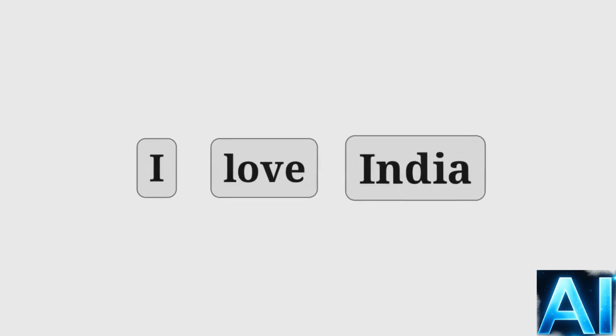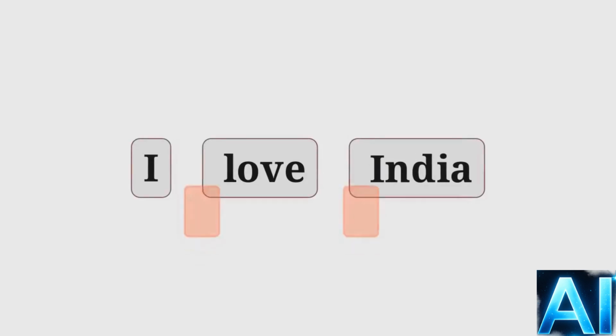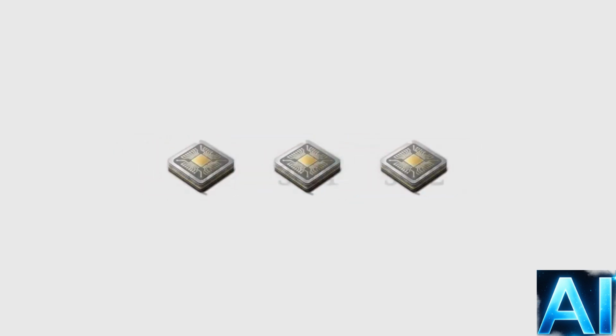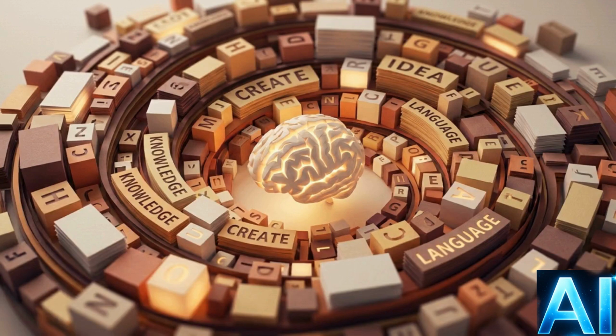Watch how this diagram slices the sentence, "I love India." Breaking it down by individual characters, including spaces, gives us 12 separate pieces. But reading it normally, we see 3 standard words: I, love, and India. Now watch how the AI tokenizes it. It slices into 3 pieces, but notice the empty space is glued right onto the word. To an AI, a blank space is meaningful data. Tokens are flexible chunks of text that serve as the primary medium for everything the AI processes.